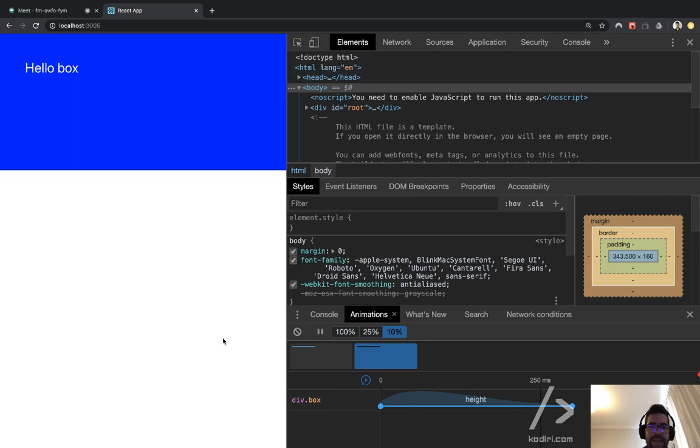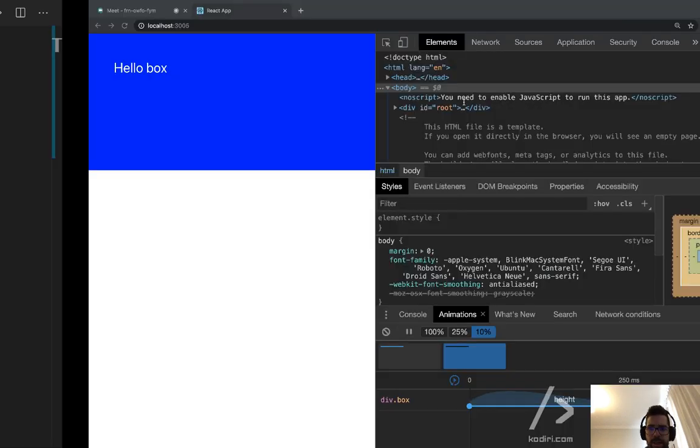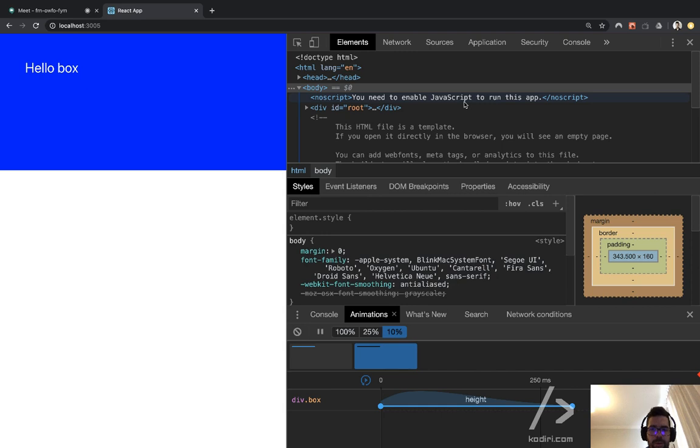How long does the animation take to complete when you hover the box? It's 300 milliseconds, correct. That's what we've specified in our code. However, in DevTools, we slow it down. We are running the animation at 10% speed. So effectively, how long will the animation take to complete? That's correct. Now it's 3 seconds. Let's prove it. If I hover the box,